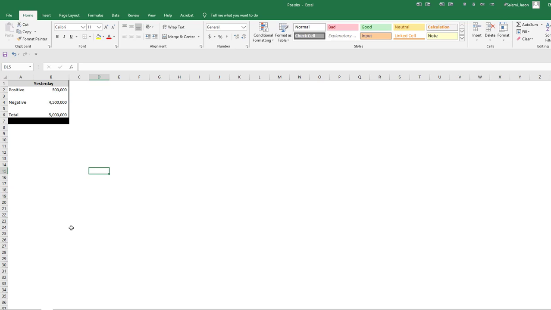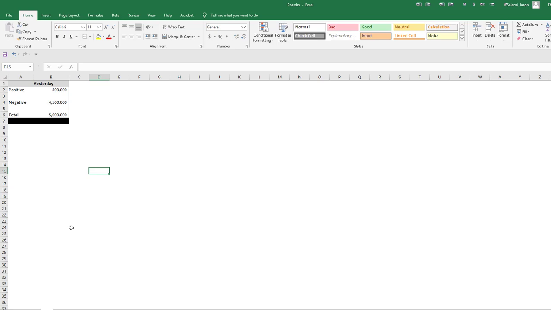For all of these scenarios, we're going to assume that up to yesterday, these were our numbers. So again, this is a person level assessment. We had 500,000 people who we classify as positive, which means no matter how many tests they've gotten, at least one of those tests was positive. So again, that's 500,000 people. And then